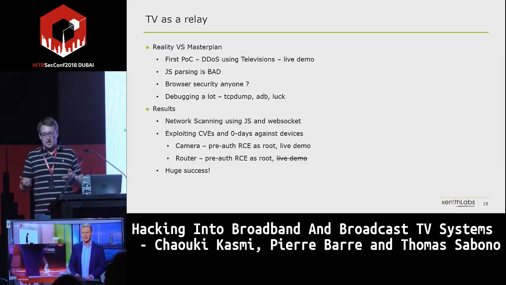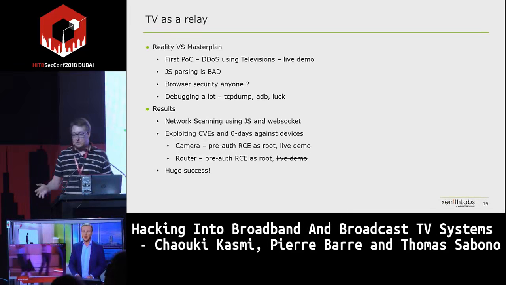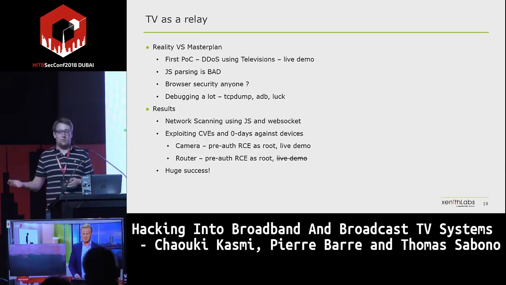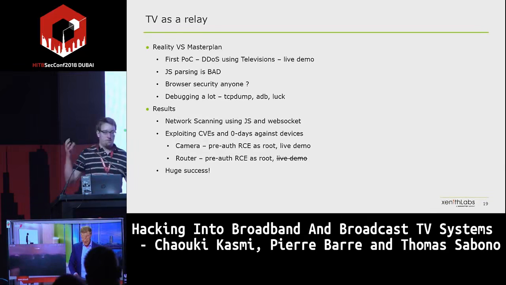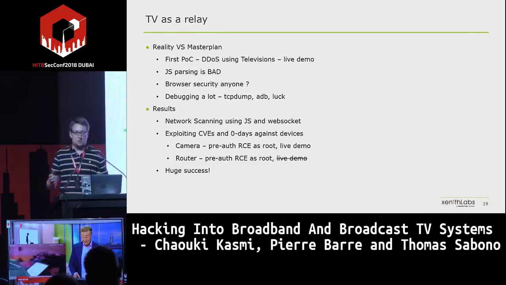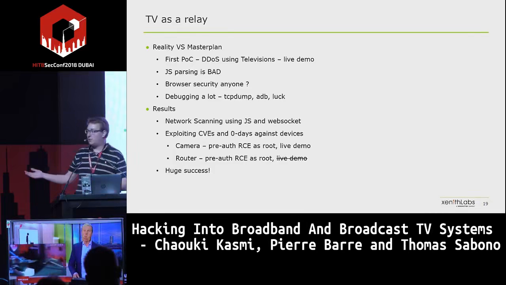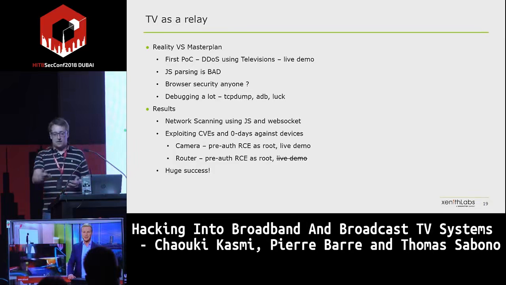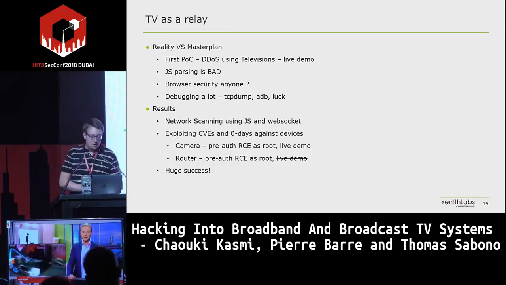Here you are seeing the output because we want to show that we have control of the camera. But the fact is you can use the camera to create a new hotspot or to connect to another wireless network, which means that a completely isolated network is now completely open. You can connect to a target network and then you have access to this network.